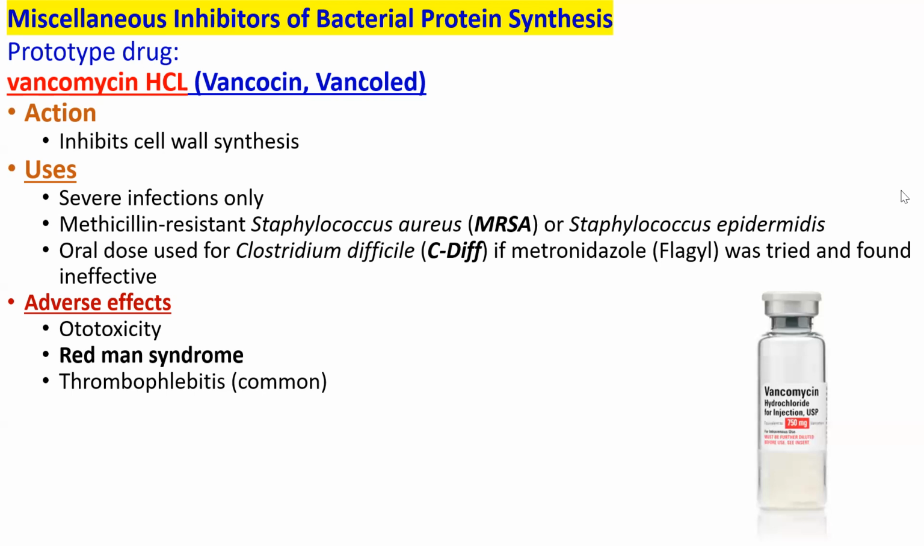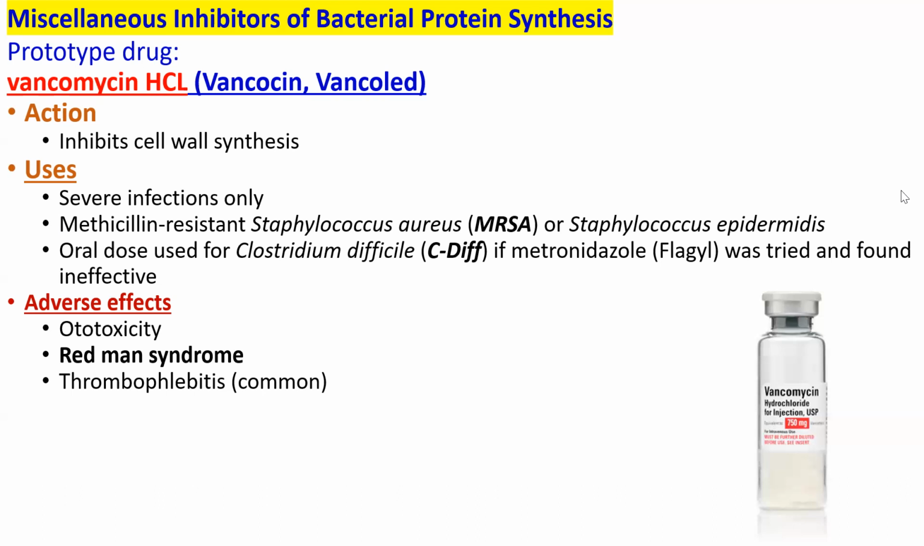Vancomycin. One of the miscellaneous inhibitors of bacterial protein synthesis is vancomycin. Very important drug. It inhibits cell wall synthesis. That's the mechanism of action. It's very effective against severe infections. It's very effective against MRSA, C. diff,